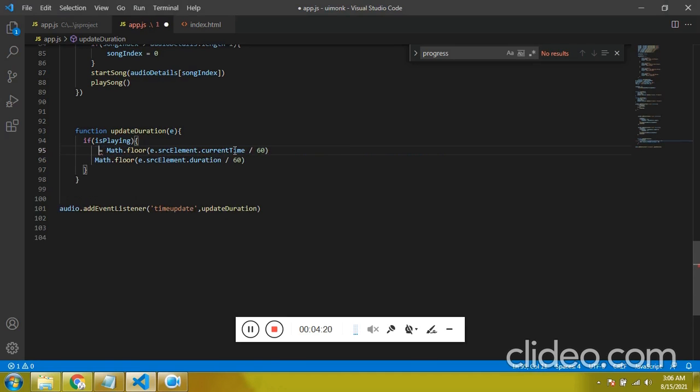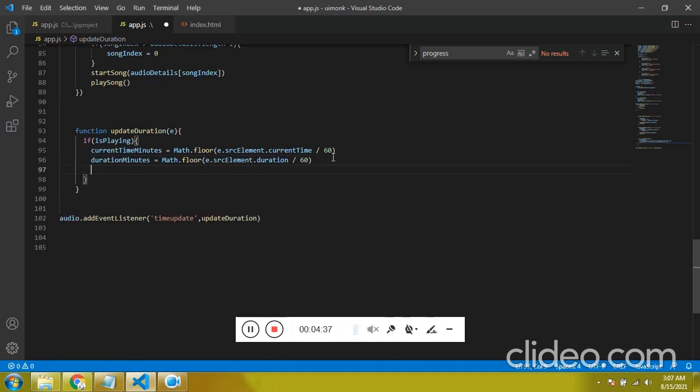So it's current time minute, and then comes the duration minutes. Duration is simply the total number of minutes for this particular song.